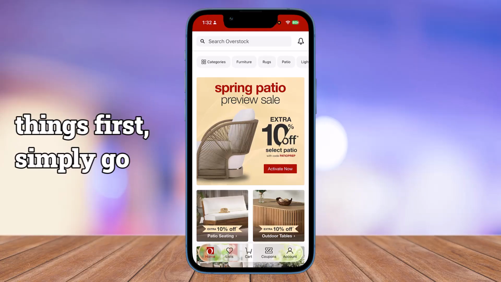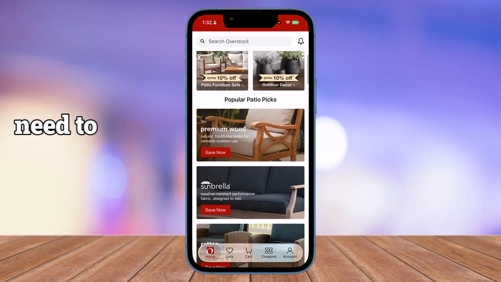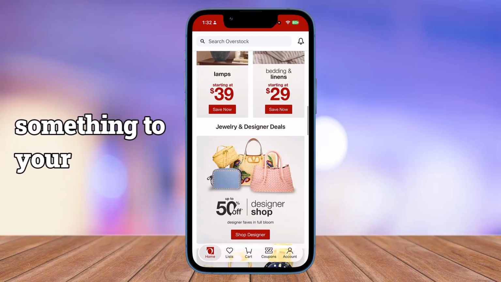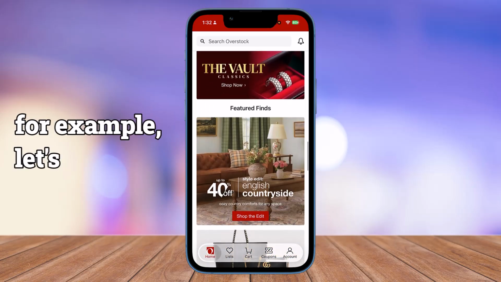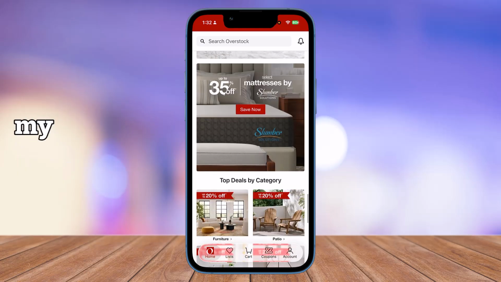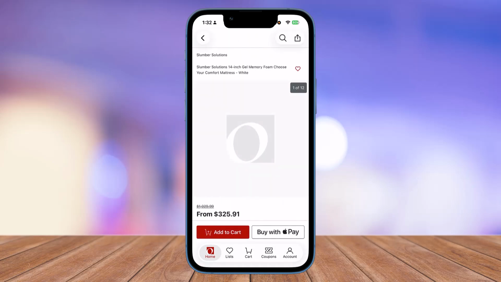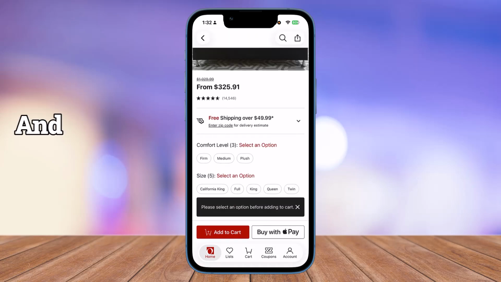First things first, simply go ahead and open your application and make sure that you are logged in. In order to redeem a gift card, all you need to do is simply go ahead and add something to your cart. So for example, let's just say I'm going to go ahead and add something to my cart. And simply by adding something to your cart,